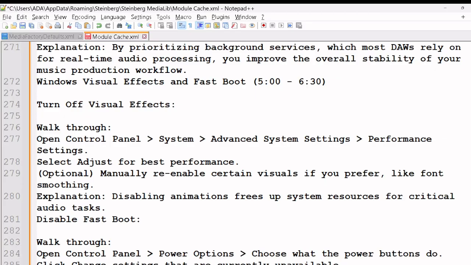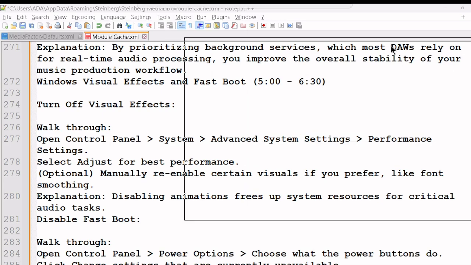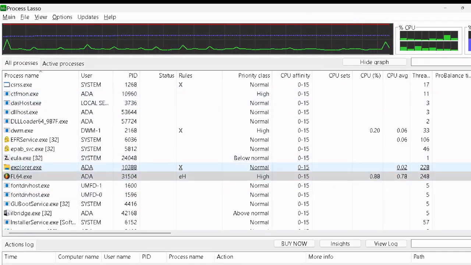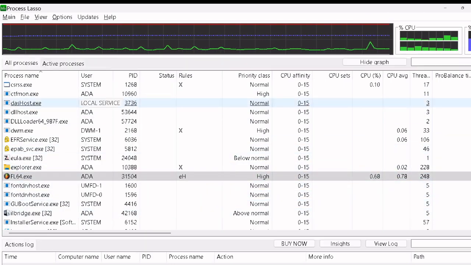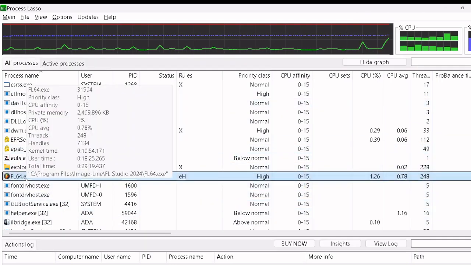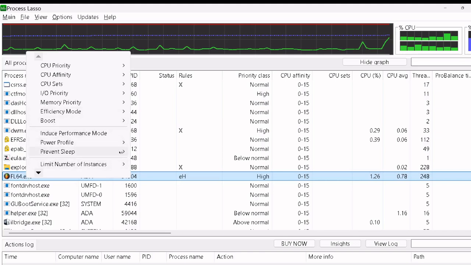Now with Process Lasso, I'm not sure if I have it open right now. Can I get this over here? Okay. So with Process Lasso, so there's my security, I guess. With Process Lasso, you're going to also be able to set individual